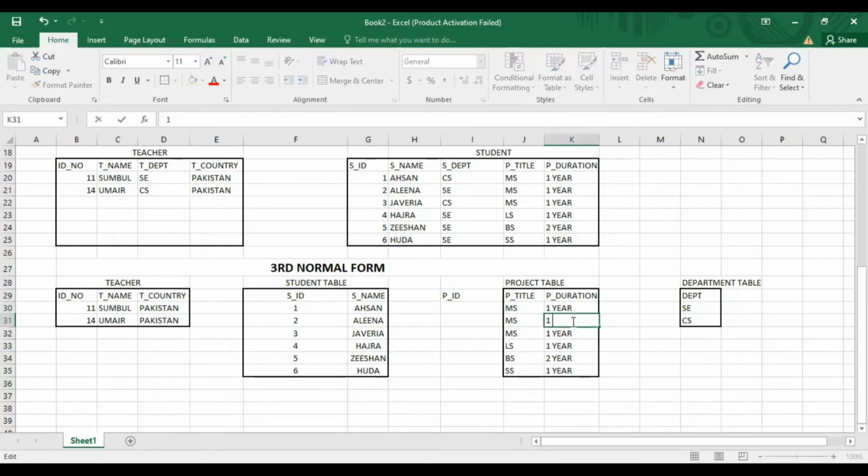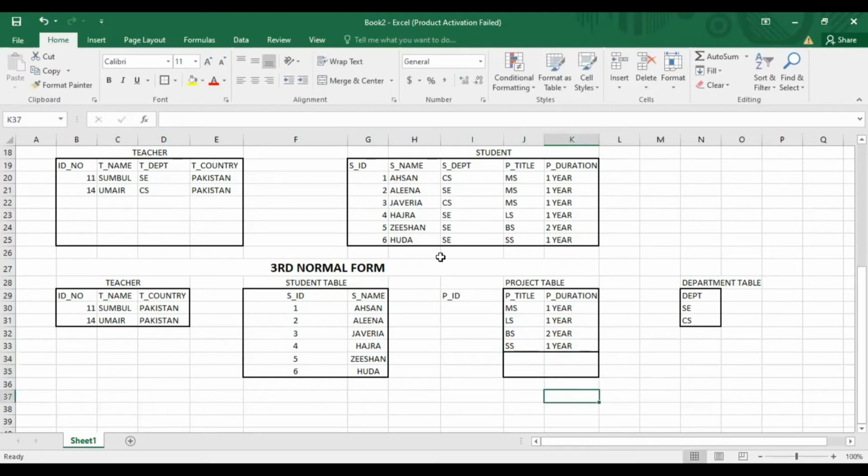In this you can see there is a repetition of this project. This project and the other one are not repeating. Write that here. Delete this one, this one, this one, this one. Project ID will be, for example, 22, 23, 24, 25, and 26.